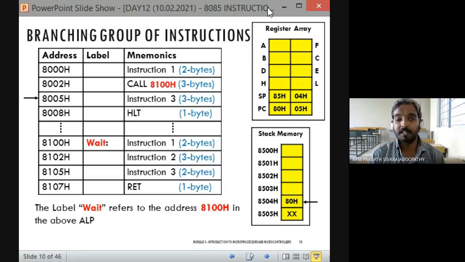Now you people tell me again, what has to be done for storing the lower byte? Higher byte stack la poi store ஆயிடுச்சு. கரெக்ட்டா? Lower byte store ஆகணும்னா என்ன ஆகணும்? Again, what has to happen? Again decrement by 1. Fine. So 8504 stack pointer value becomes 8503. So it points to the empty location. Now 05 will get stored. That's all about the